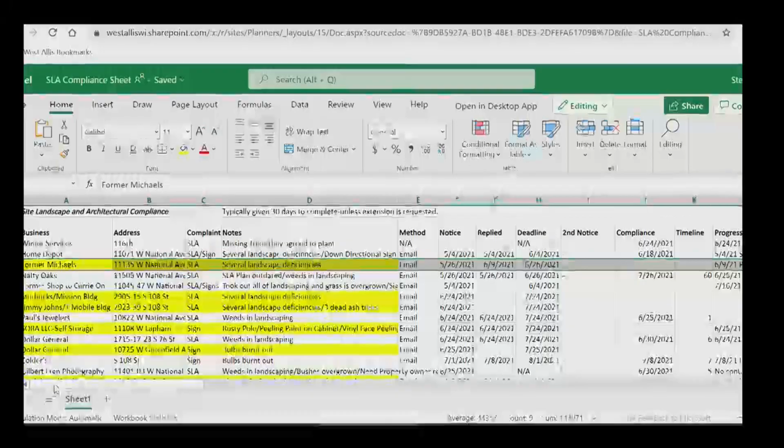Thank you for introducing this tool and making it work. I think this is a good step. Looks good. Thank you. And then if you go back to planners, Steve,